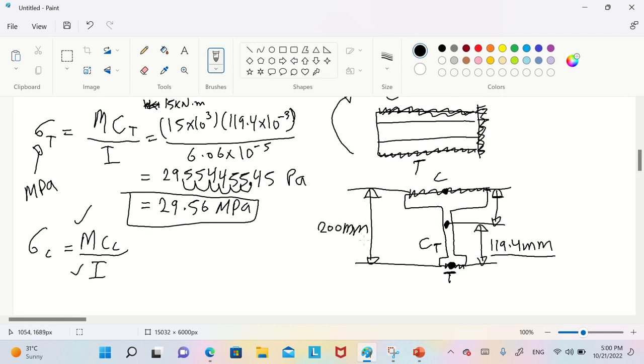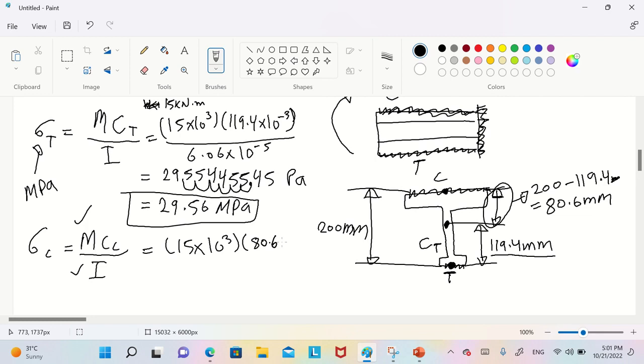So for this one, 200 minus 119.4, you will get the distance between the center of the whole thing to the maximum compression. You will get 80.6 millimeter. So 15 times 10 power 3 multiplied by 80.6 times 10 power minus 3 over 6.06 times 10